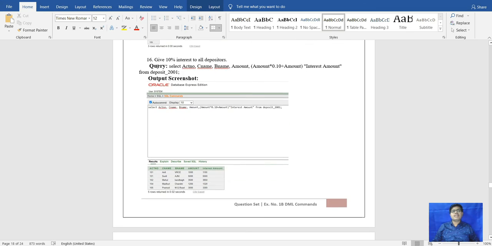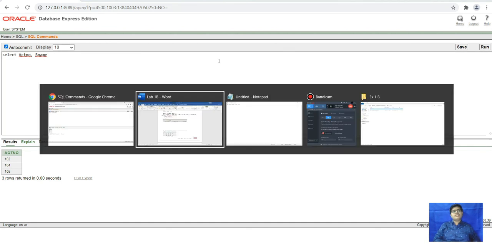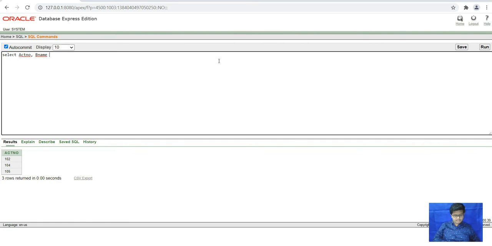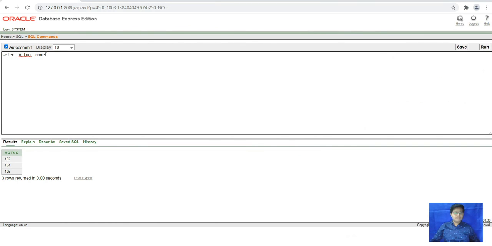That is the 16th question. Give 10% interest to all the depositors. For that, we will select account number, branch name, and C name. Sorry, C name. By mistake, it opened.